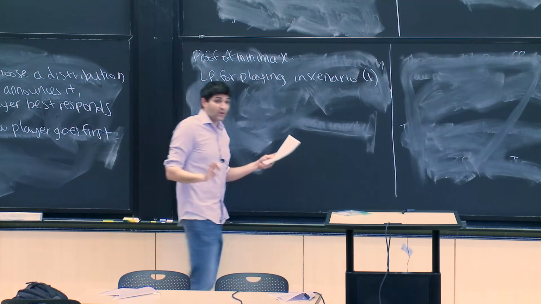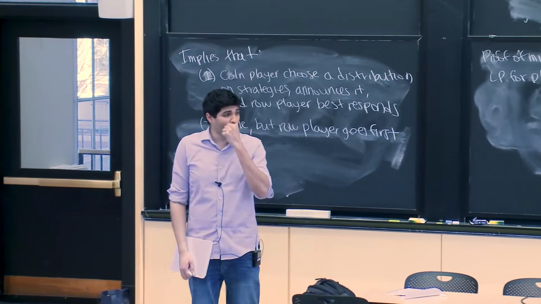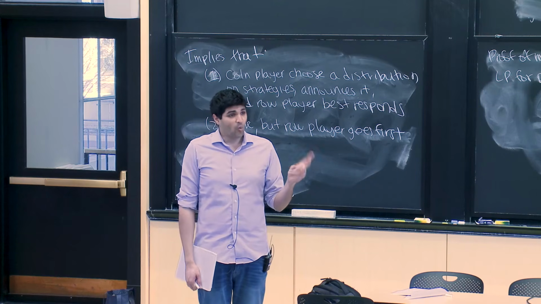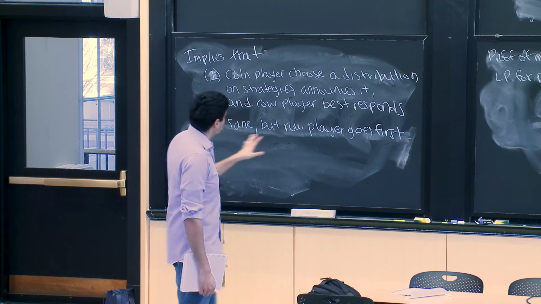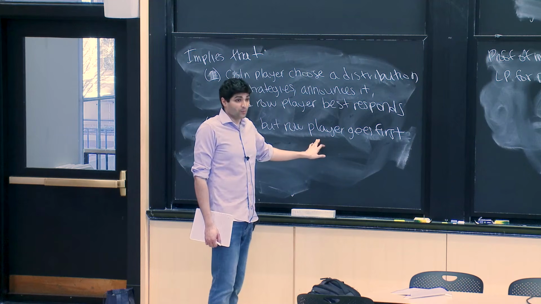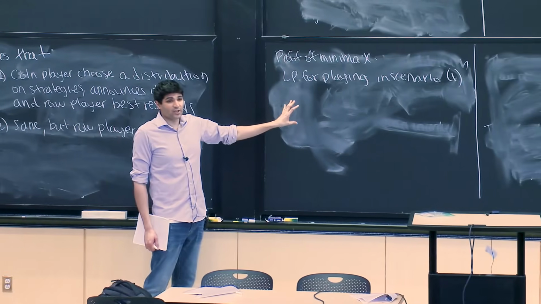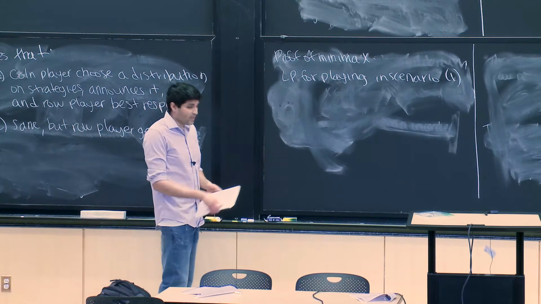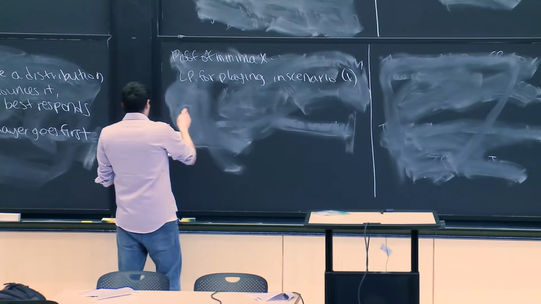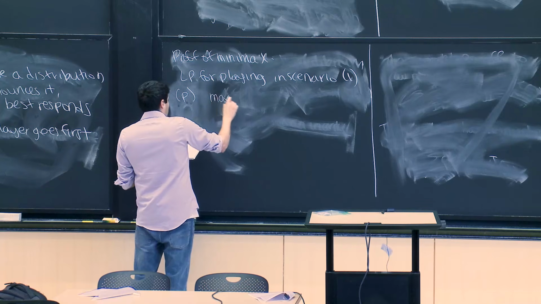So the proof strategy is very simple for this. I told you that the Minimax theorem is really about saying that two different scenarios for playing the game are equivalent. We're going to write down an LP that captures scenario 1 and an LP that captures scenario 2. And what we're going to observe is that those two LPs are actually going to be dual to each other. So that's the way that the proof of the Minimax theorem goes. So I'll suggestively write P for primal. So we want to maximize lambda